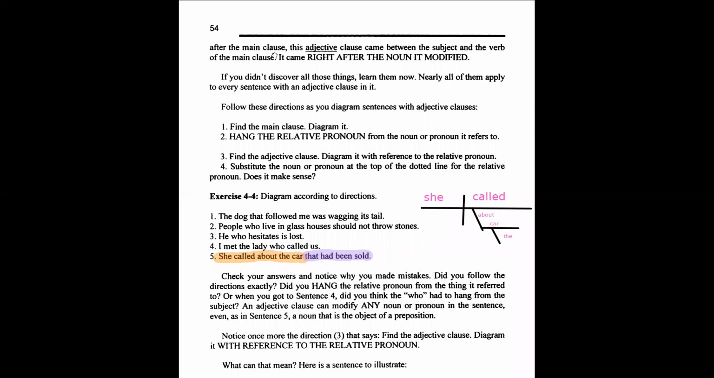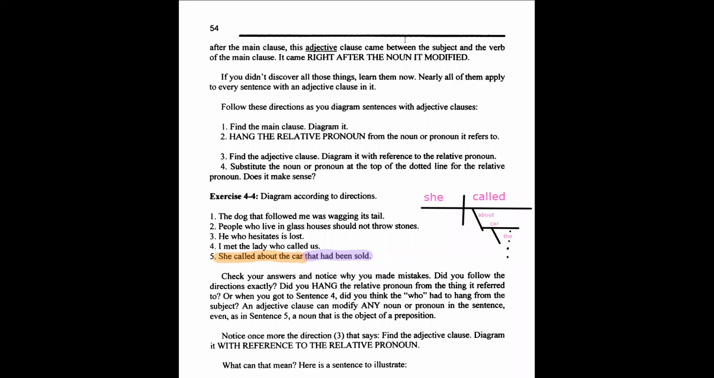Now I have to diagram the relative pronoun, and that's the second step: hang the relative pronoun from the noun or pronoun it refers to. So what does that refer back to? That's what I have to ask. That had been sold. What had been sold? The car. So it's referring to the car. So we drop a line, we do it here, dotted line, that, and now we ask, okay,